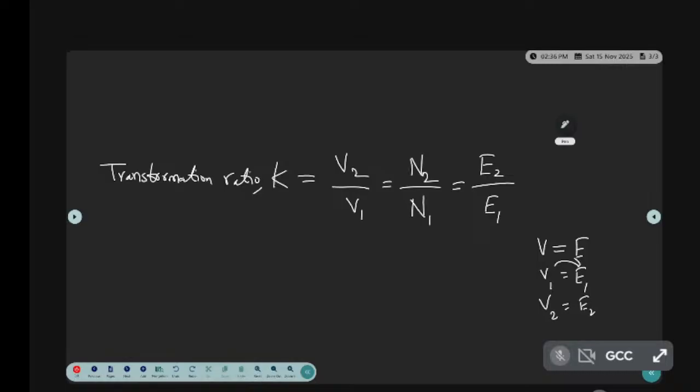that is equal to K, V2 by V1. And one more thing. If you want to put current here, can I write I2 by I1, or I1 by I2? I1 by I2 I have to write. Why do I have to write it? So in the transformer,